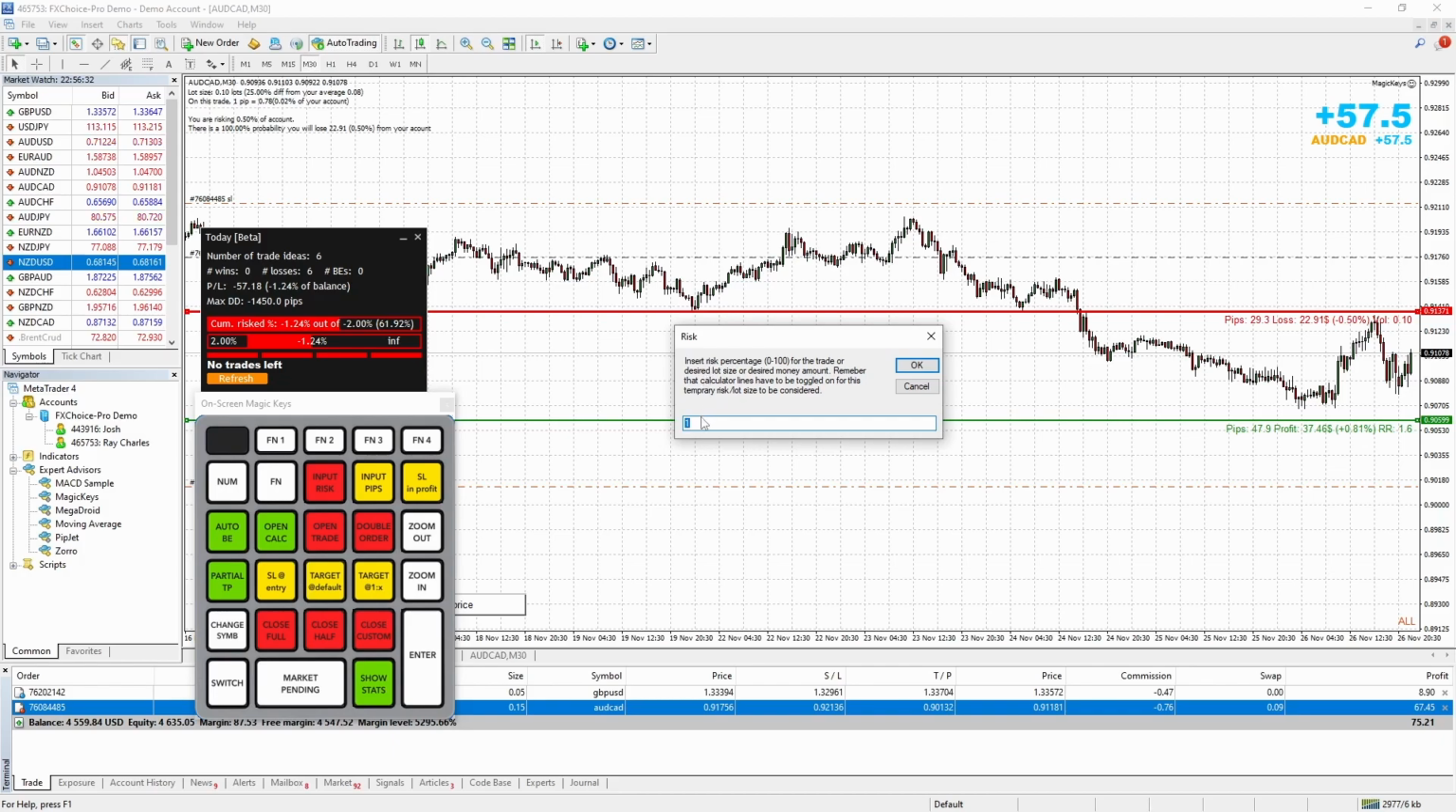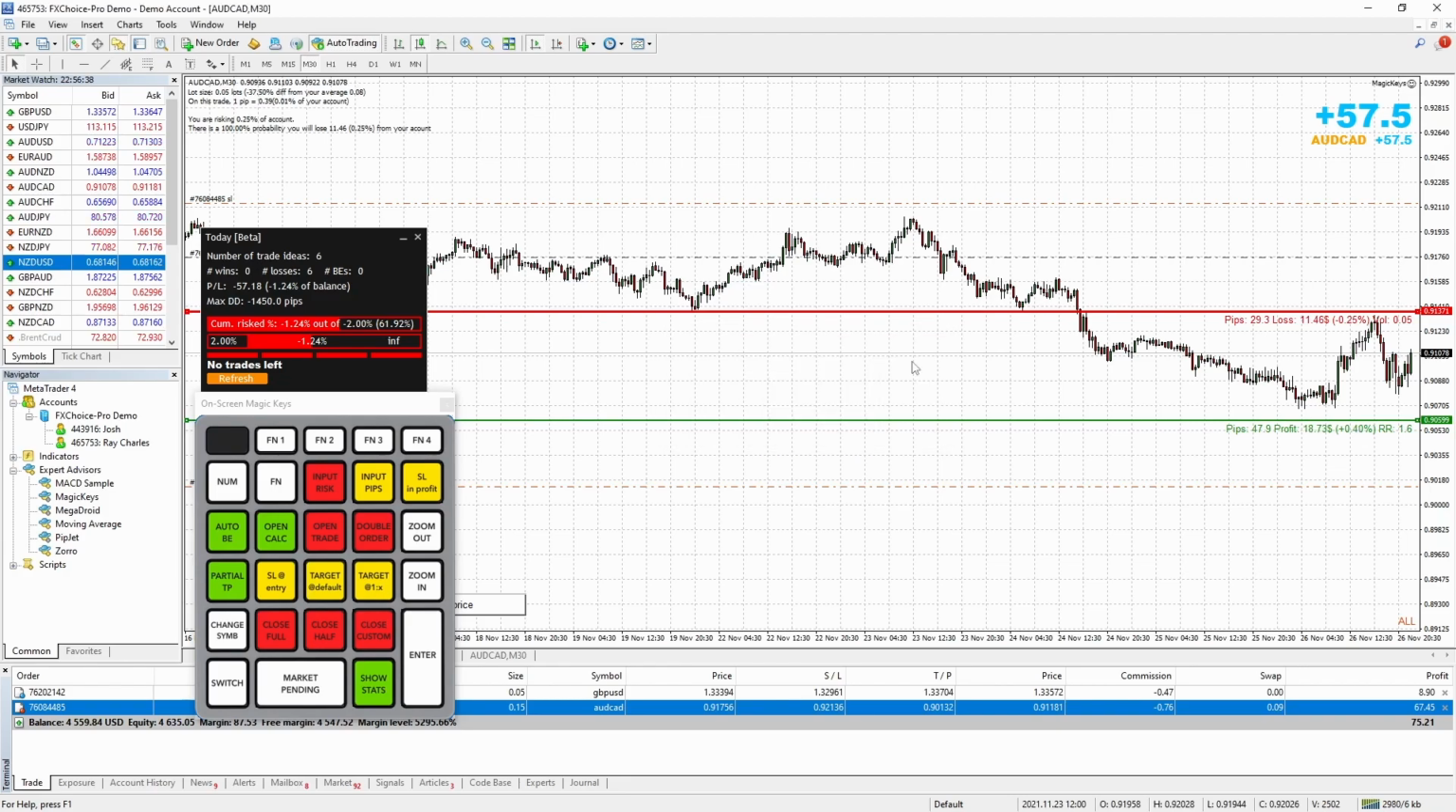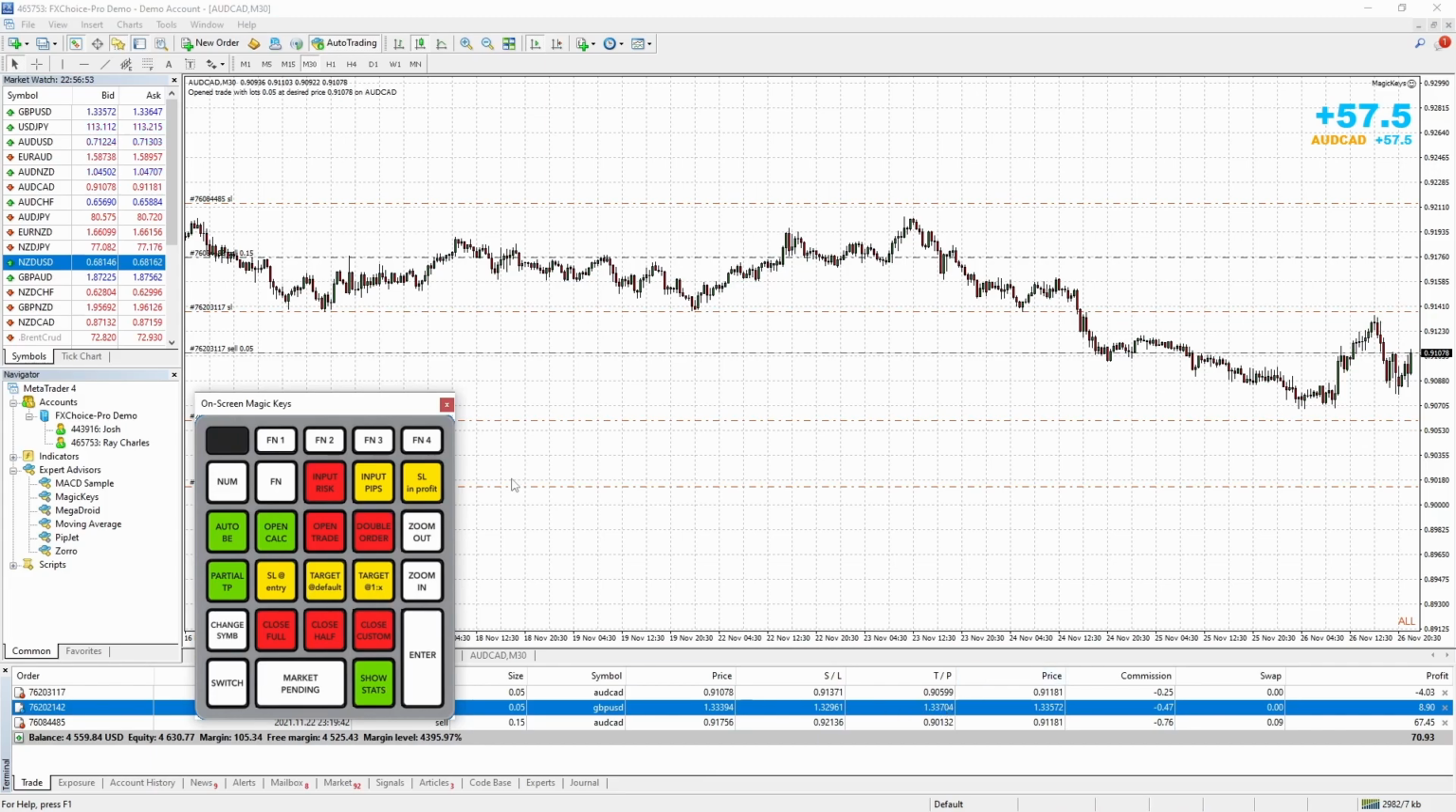Then I'm going to input a custom amount of 0.25% that I would like to risk on this trade. Hit OK. Now I can see in the top left that the 0.5% is modified to 0.25%. And now I can enter into the trade at market value by hitting open trade. And now you can see here,